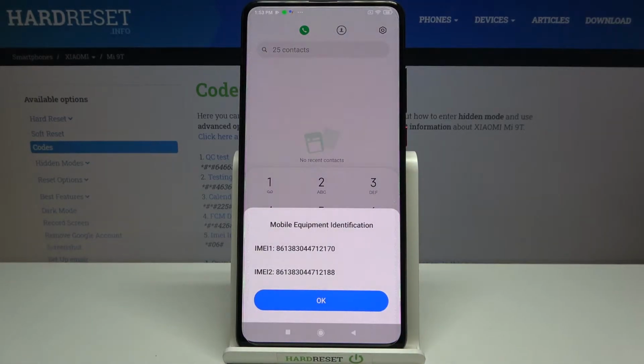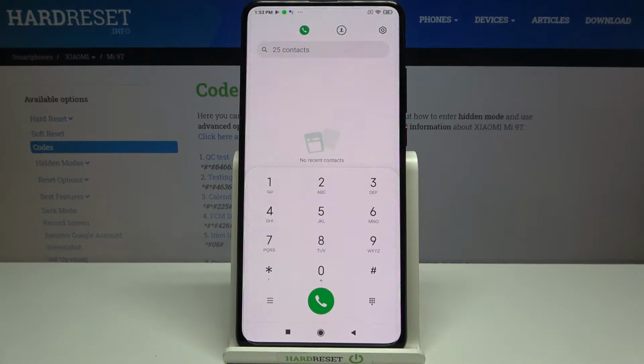*#06#. And as you can see by this code, we are provided with, let's say, technical info about your device. So here we've got 2 IMEI numbers for both SIM slots. Let's tap on OK, and let me show you another code, which is, in my opinion, the most useful one. It is